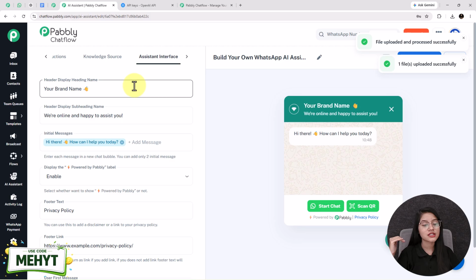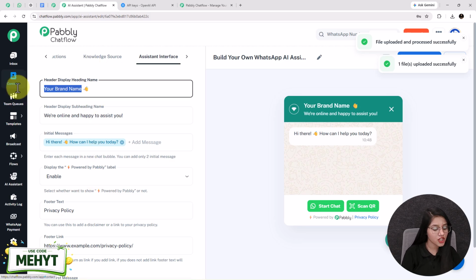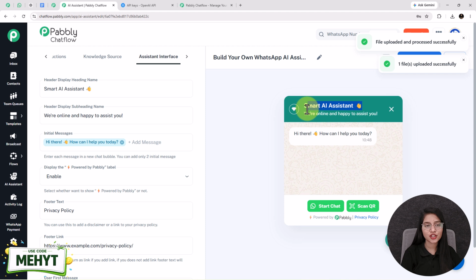Here you can give design to your AI assistant by making changes in each of these fields. At first I am entering a heading as Smart AI Assistant, and you can see as soon as I have entered the heading here, it will automatically change here too. So basically this is the final look of the AI assistant that is going to be visible in front of your